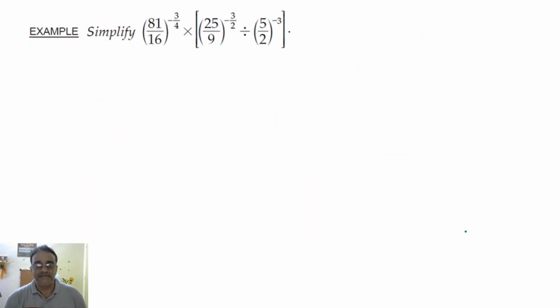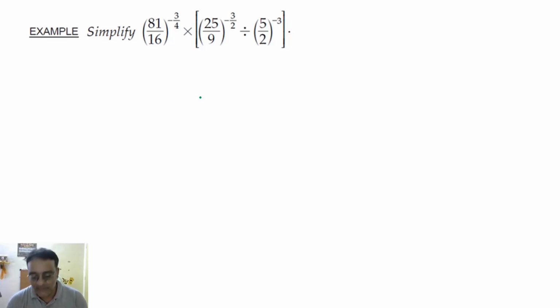Now we are going to do some simplification problems. See this question. This is an example of simplification. So how you have to do, you just see 81 को 4 के पावर में लिखना है. 16 also have to write in 4 power. 25 को भी 2 के पावर में लिखना है क्योंकि यहाँ पे 3 by 2 है. And 9 you have to write in power of 2. और यहाँ पे ऐसे ही रहेगा ये. So 81 को किस नंबर के पावर 4 में लिखोगे? How will you write 81 in terms of the power 4?